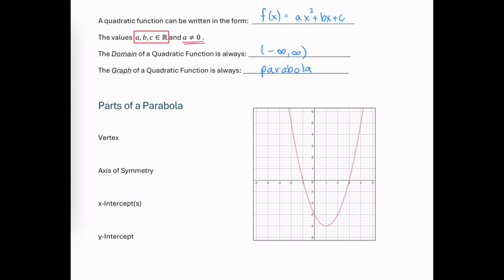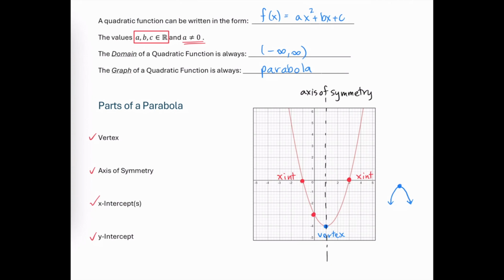When graphing a quadratic function, we'll want to label these parts of the parabola. The vertex is going to be either, in this case it's a minimum, it could also be a maximum if the parabola was opening down, but in either case, the vertex is that center point. The axis of symmetry is going to be a vertical line that passes right through that vertex. It is the axis about which the parabola is symmetrical. The x-intercepts are the points at which the graph crosses the x-axis, and the y-intercept is the point at which